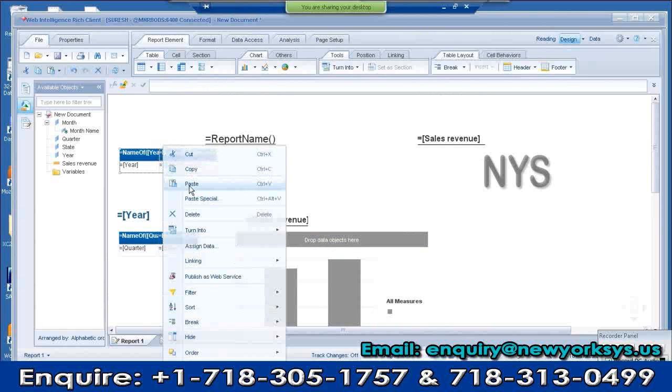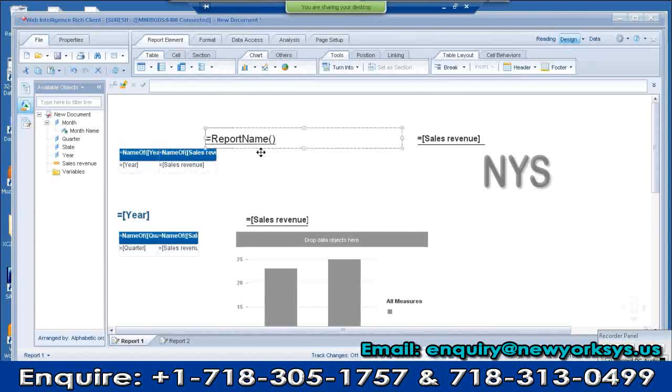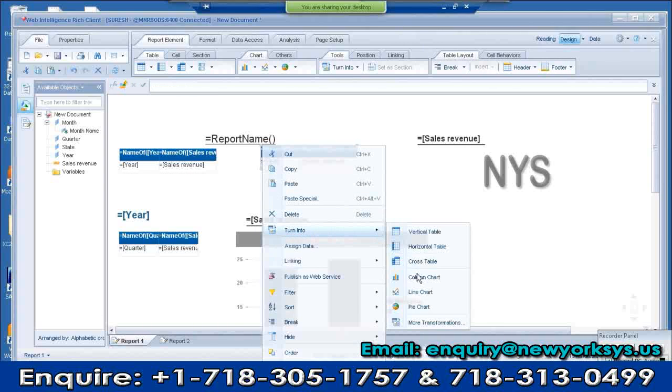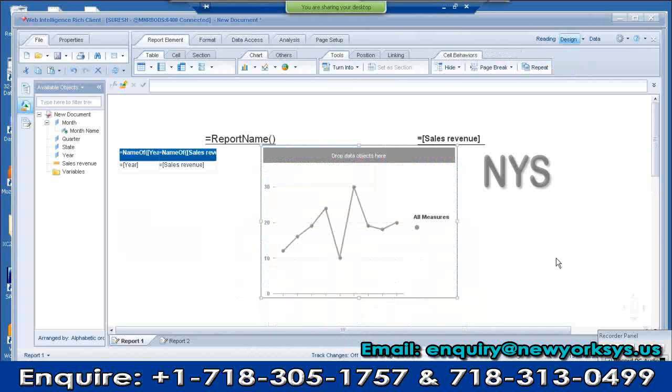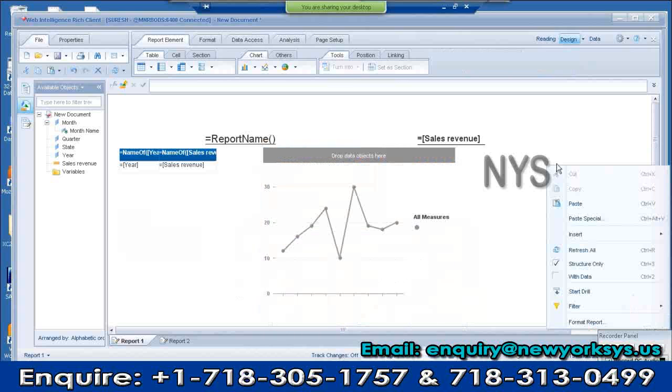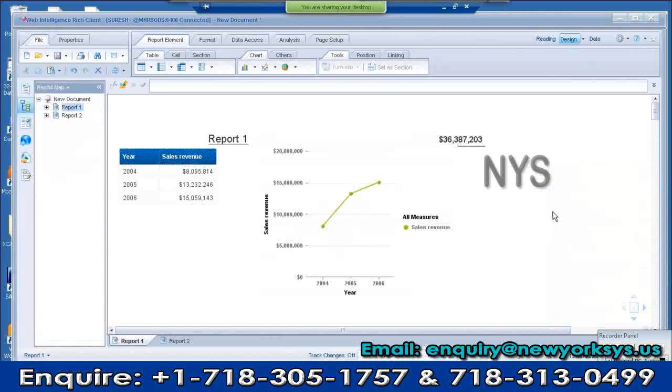Outside the section I have a table. I can convert it into another format. Just right click, turn into a line chart. Okay, now with the data, automatically,